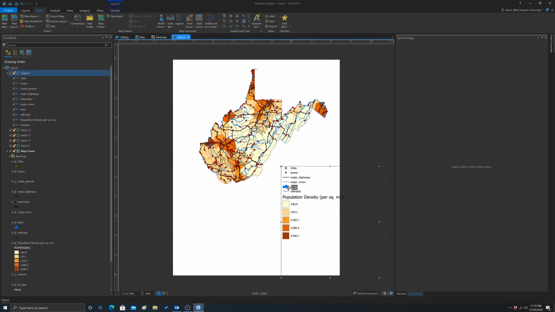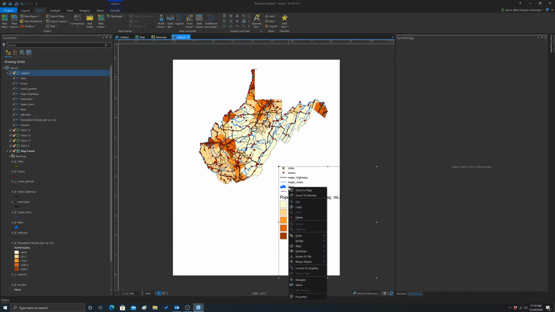Okay. Note also that the legend will be dynamic, so if you make changes in the map, it should also change the legend until you, say, convert it to a graphic. Okay, so let's say that we're basically happy with that. In terms of the symbology and whatnot, you can do additional editing once it's converted to a graphic, but again, it won't update if you update the map, so you shouldn't do this until you know your map is basically locked. Okay, so to do that, we're going to click on it and then click on convert to graphic,